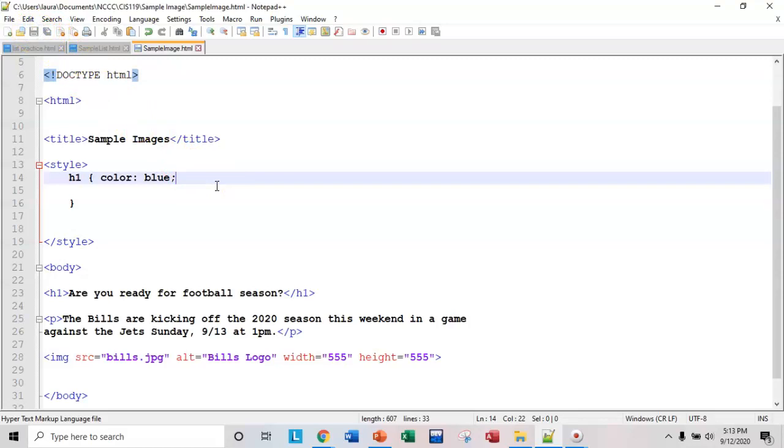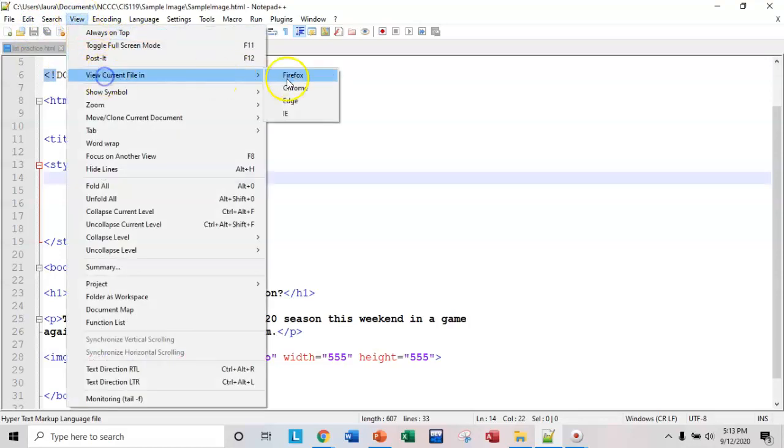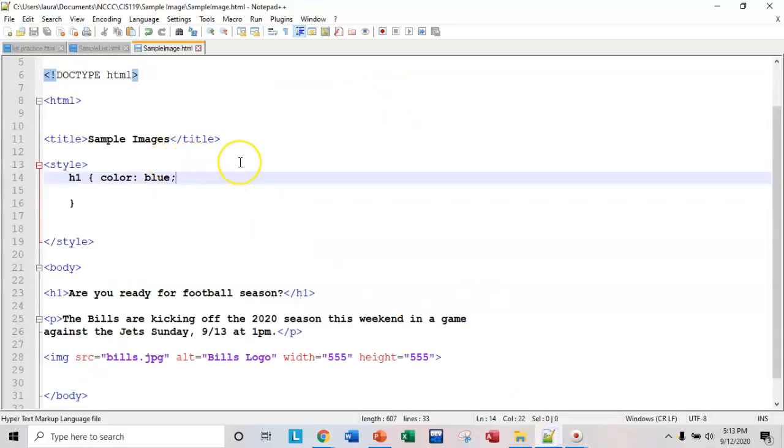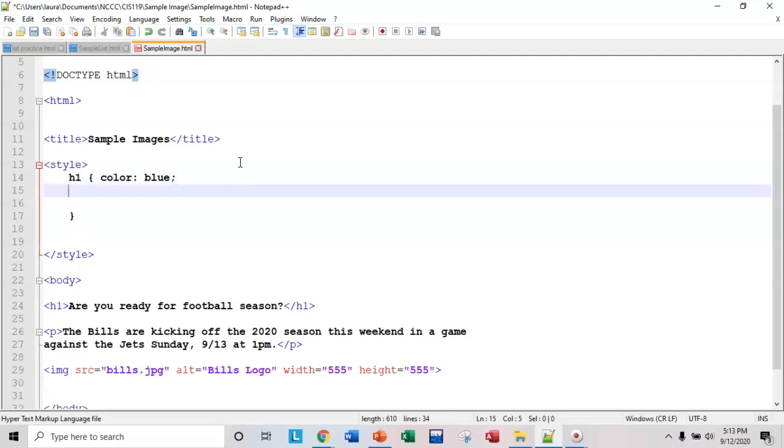Save your file, and then again refresh the page or launch it again. And notice what happened right here, right? So I went from black, the default, to blue. Let me show you a couple more changes you can make. So color is an easy one. Another easy one is